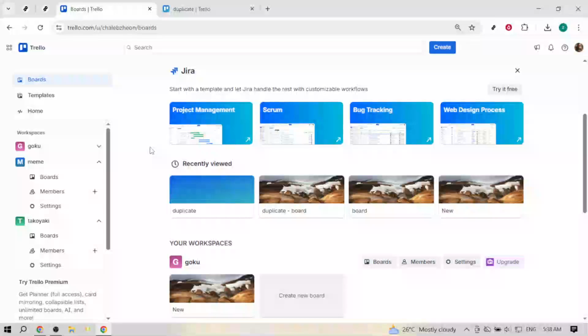In today's video, I'm going to teach you how to export JSON data from Trello. If you've ever needed a structured snapshot of a Trello board for backups, integrations, or analysis, exporting to JSON is a quick, reliable way to get exactly that. JSON is a machine-readable format that's widely supported, so it's perfect for developers and for anyone who wants to move